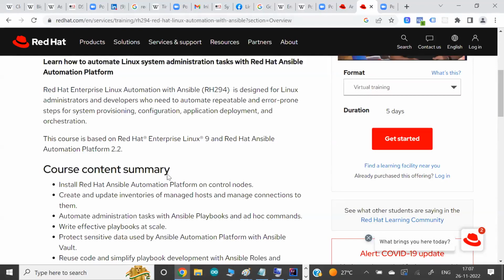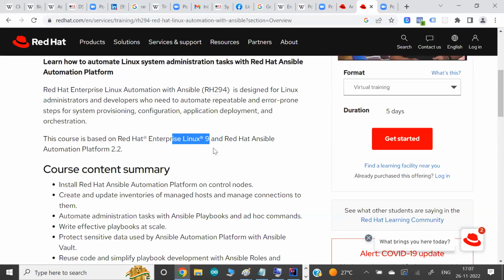Not just from India, across the globe. The second thing is, this is the first batch of Ansible. We have done tons of batches, but this is the first batch for Ansible, and you guys will be among the few who are going to learn Ansible on Red Hat version 9.